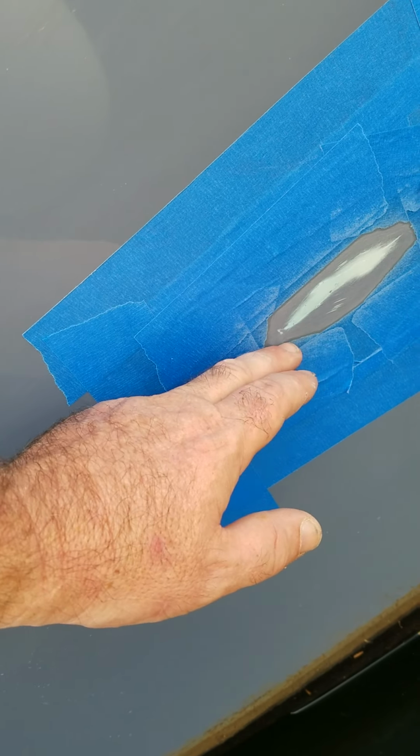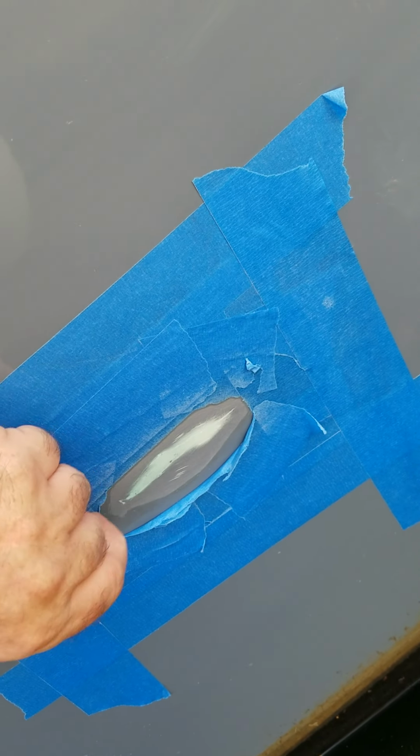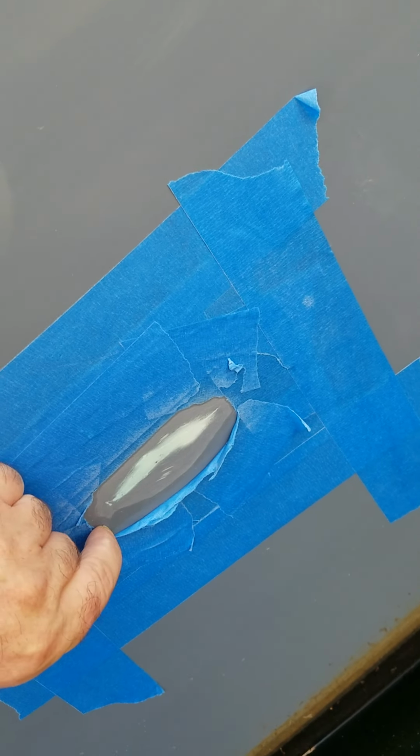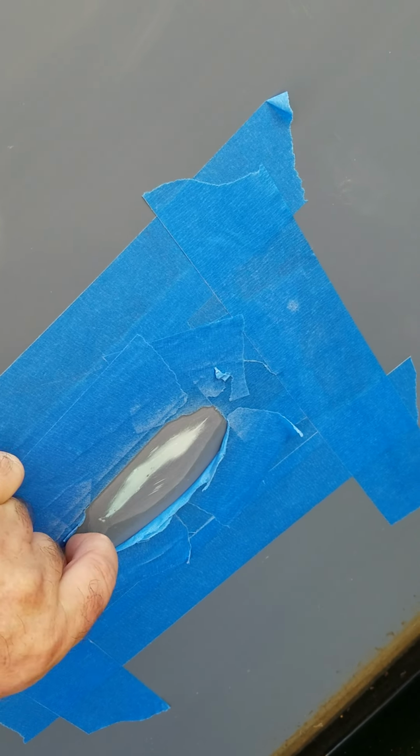The other thing I like to do, actually, so there's no edge on the gel coat, is basically take the edge of the tape and kind of roll it up, and I'll sand under that a little bit with some like 320 or something. Because the other thing that sucks is trying to sand a hard line out level, so it's nearly impossible, actually. So I'll try to feather this in,